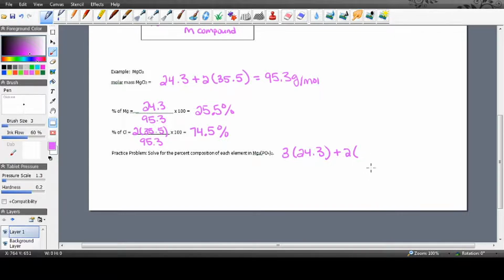The molar mass of phosphorus is 31 grams per mole, plus 8 times the molar mass of oxygen, which is 16. So 3 times 24.3 plus 2 times 31 plus 8 times, oops, I needed parentheses. I almost messed up my order of operations here. 8 times 16. And I get a molar mass of the entire compound as